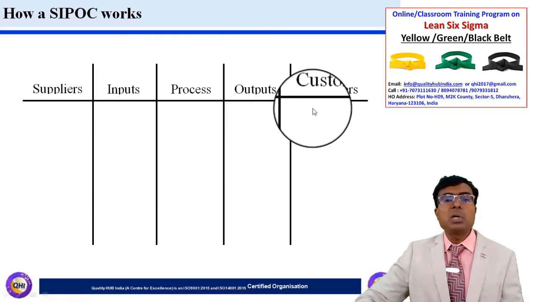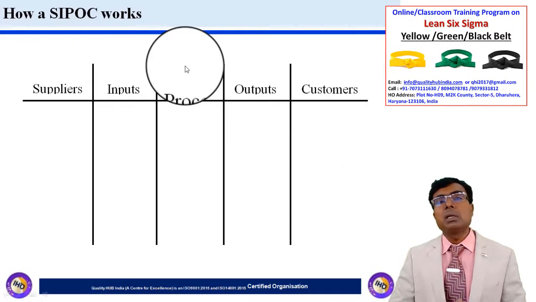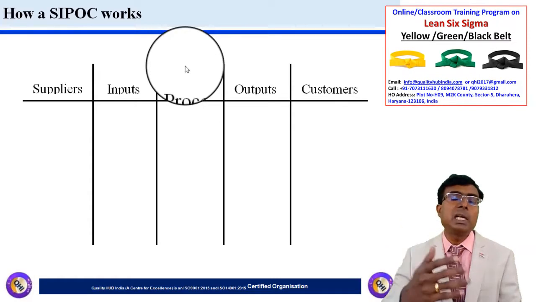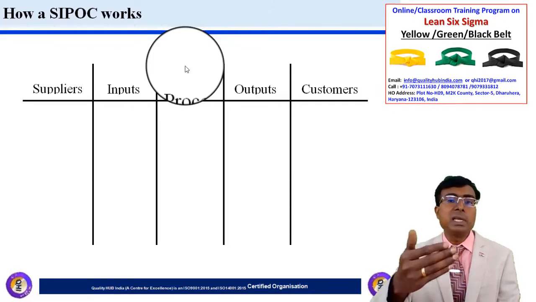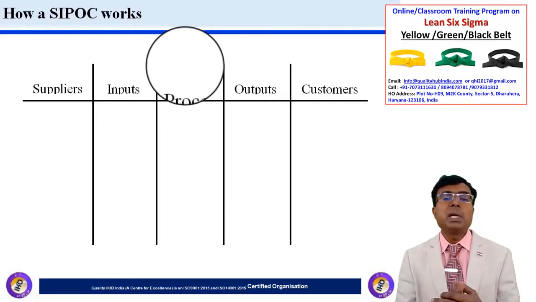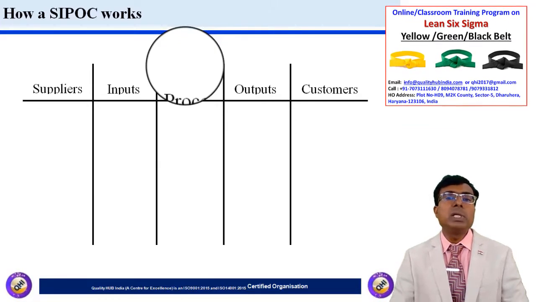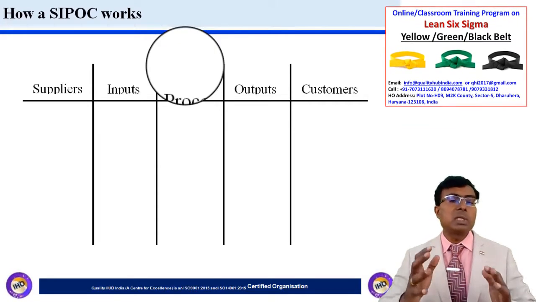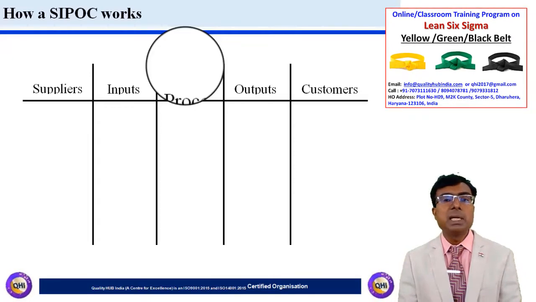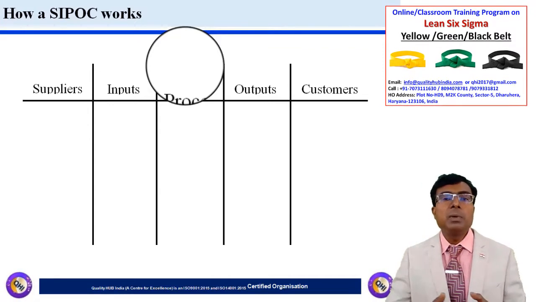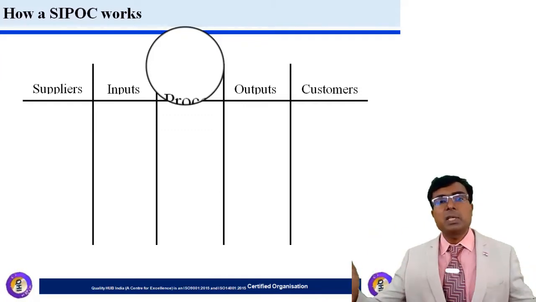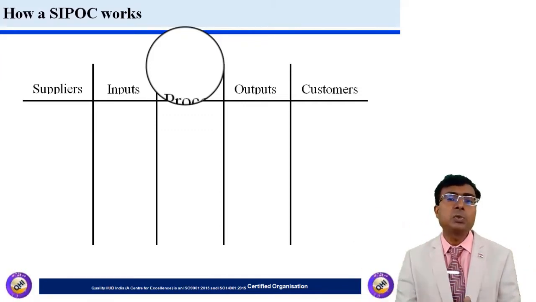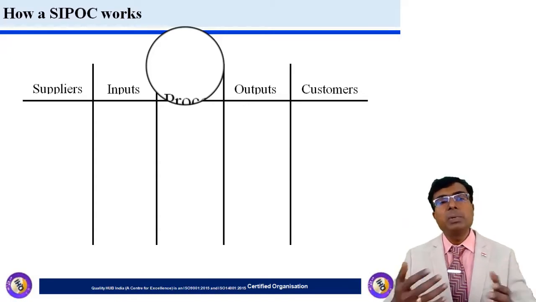Not directly. The CPOC diagram is basically a broad level structure, but with that structure we can further investigate, and by using some other tools further analysis can be done. So the CPOC diagram basically helps in facilitating those things as well. Generally it is recommended that a single person should not be making a CPOC diagram. If you are constructing a CPOC diagram, the recommendation is that there should be a cross-functional team. So people from relevant departments, depending upon the CPOC diagram you are making, whether it is a service process or a manufacturing process, people from different verticals or different functions should come together, brainstorm, and make this CPOC diagram.